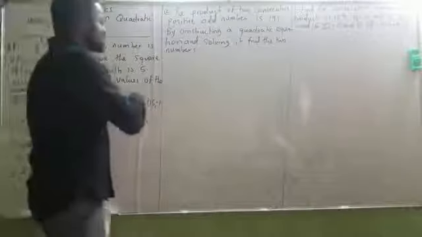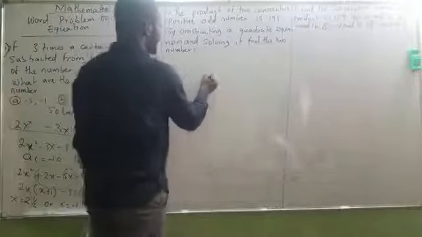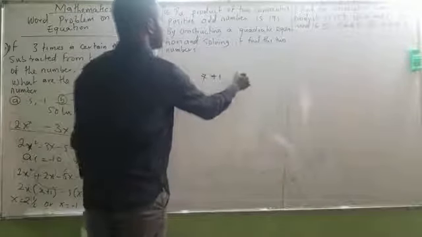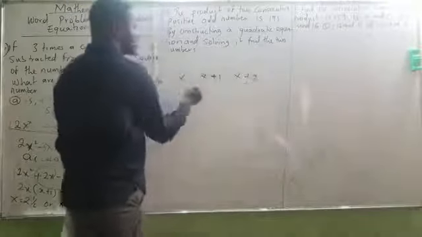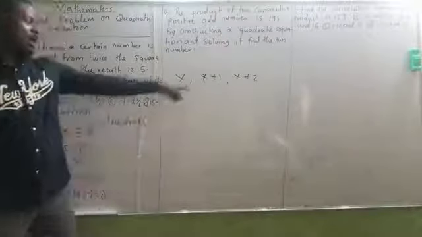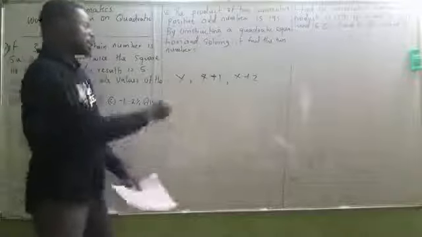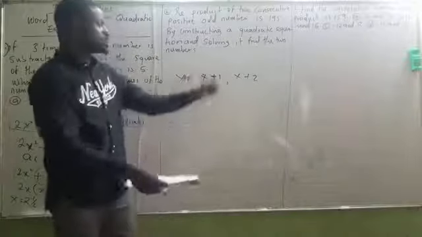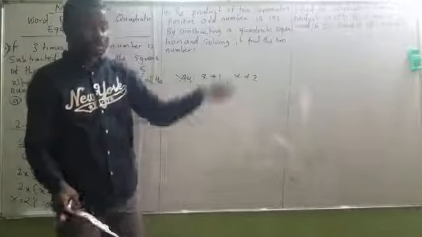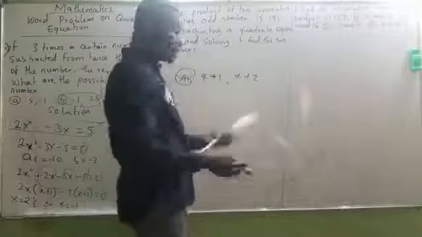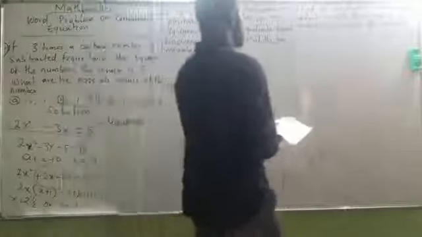Now, like if I have x, x plus 1, x plus 2, this is a consecutive sequence. The first one is plus 0, the second one is plus 1, plus 2, and keep moving. But the problem you have here is the x. Do you know the x? You don't know it. That is what we are talking about here.